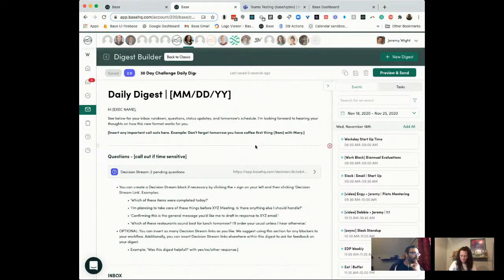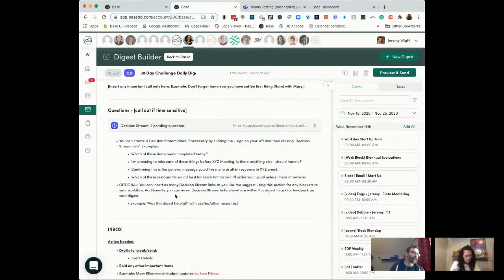Okay, awesome. Well, I still have base open, and what you might notice is something a little bit different than what you probably see, and this is this little 2.0 badge here. So we are working on something called Digest 2.0. And what this is going to allow, and many of you have asked about this, is, okay, so you've got this task list, which is great, but a lot of those things, even some of the things that we call out in